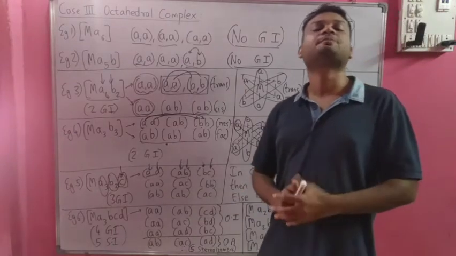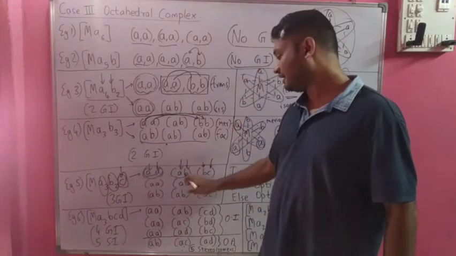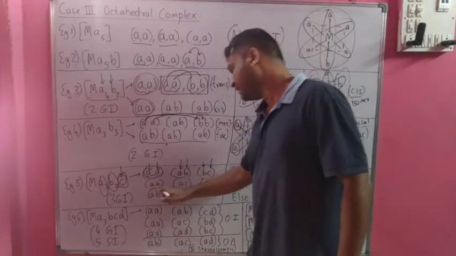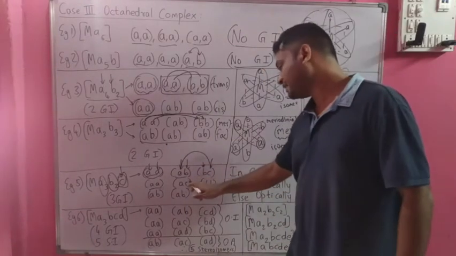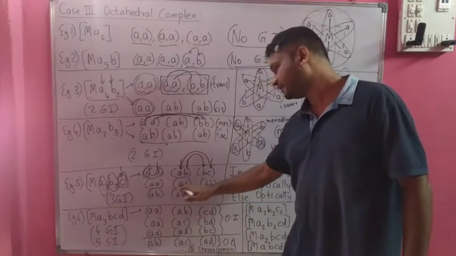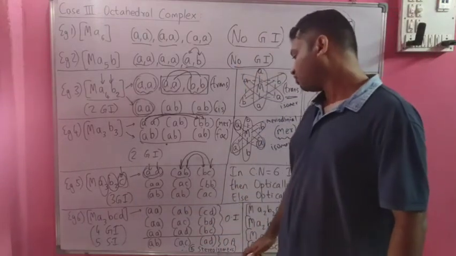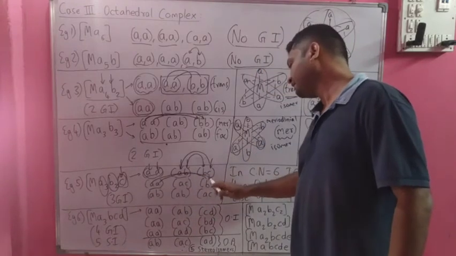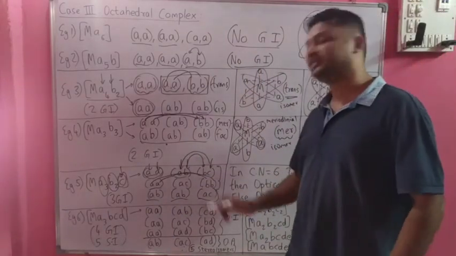Now let us do the various permutation combinations which are possible. So let us keep this AA as it is first and let us combine this A with this B. So our next isomer in this case will be AA as it is. Then I am combining this A with C, and B I am combining with B. So I have one isomer AA, then AC, then BB. Finally, one more combination which we can get is from the first and the last set. So if I do the first and last set, AB and again AB. So AB, AB and AC remains as it is. So in all we have three sets which are possible.